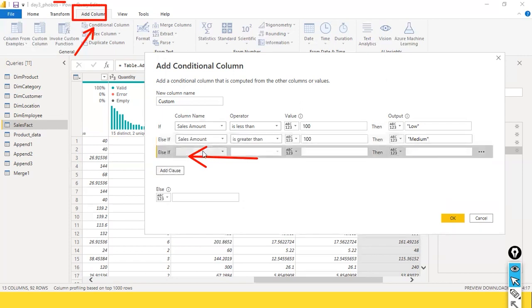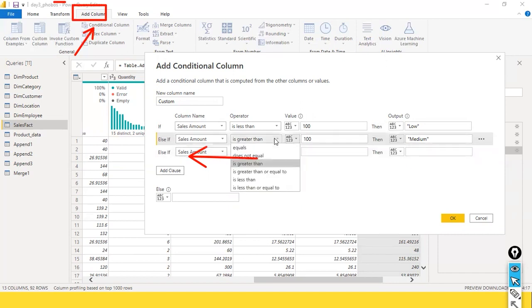Okay, and then add a thing. And then if the sales amount is less than, okay, here it will cost some is greater than or equal to 100. And